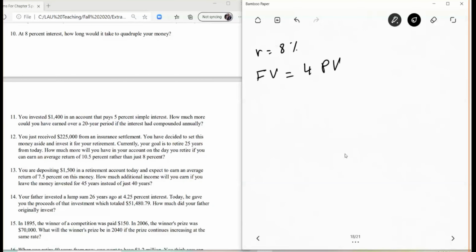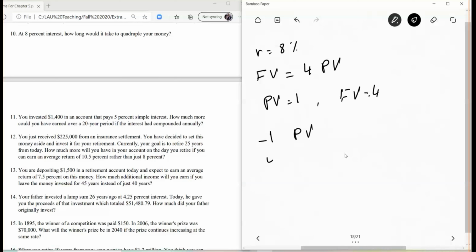The easiest way to solve is to assume that PV is equal to $1. So if PV is equal to 1, FV is equal to 4. So I will have minus 1 as PV, 4 as FV,